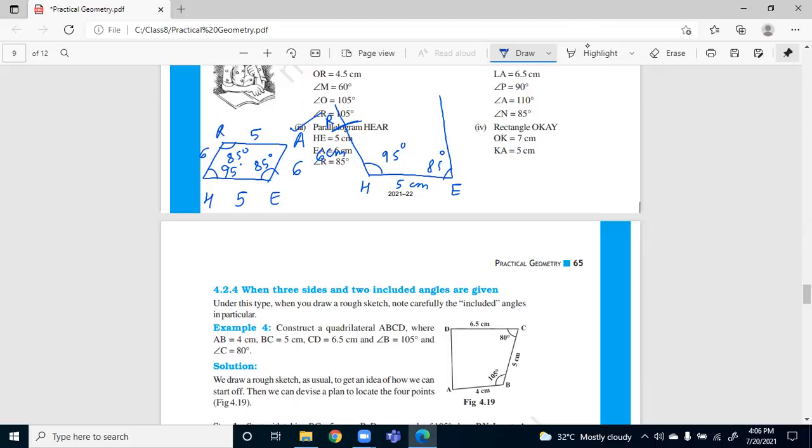And I have to put the needle at E and measure 6 centimeters again and then cut an arc at this ray. So that is 6 centimeters. Now I can name it A. Now join A and R. So this completes our construction of this parallelogram. So it is very easy. You are being given two sides and one angle. So with the help of the property of parallelogram, we have completed it. Please draw it and then send it on the group.